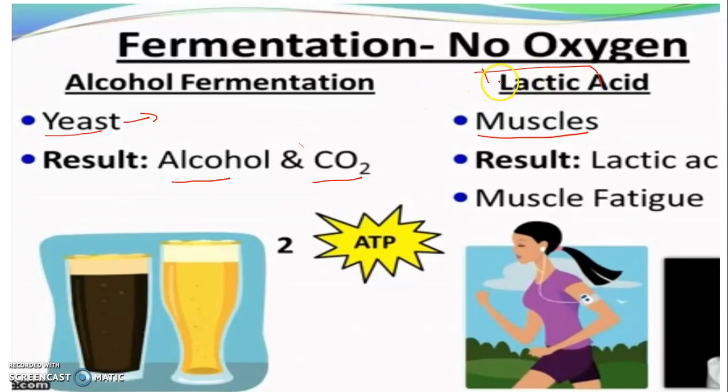That's how you get muscle fatigue or cramps. In humans, lactic acid is produced if there is no oxygen, because you have to make ATP to keep your body moving for the other vital functions. But if there is a lack of oxygen, the oxygen levels drop down